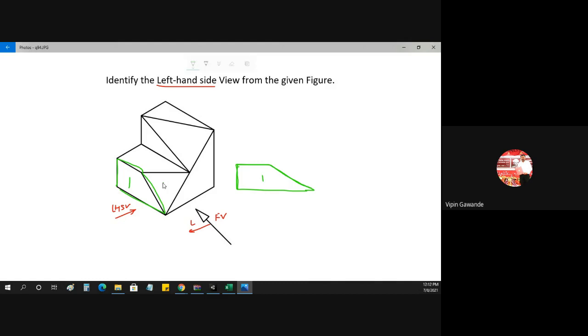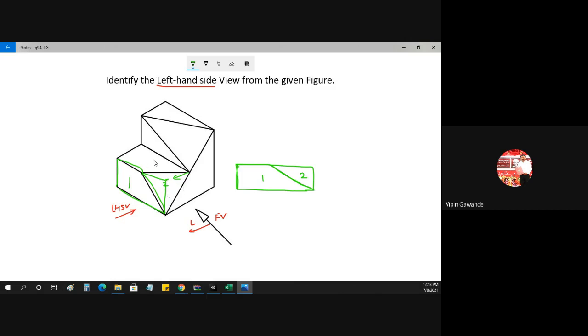Now, is this surface visible to the observer? Yes, because it is an inclined surface. This is not the vertical surface. This is an inclined surface. And I have told you, whenever there is an inclined surface, make it straight. Bring this point forward. So when you bring this point forward, it looks like a triangle. So the second surface is what? You'll get the second surface here. So this point comes here. This inclined line becomes horizontal, and this inclined line becomes vertical. This point will come here. So we got our second surface.